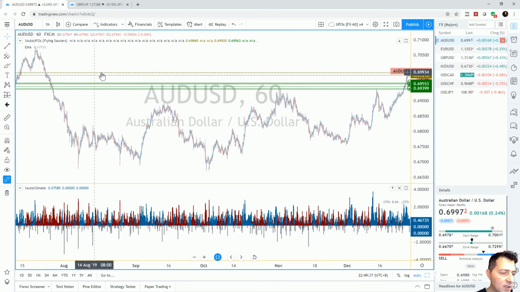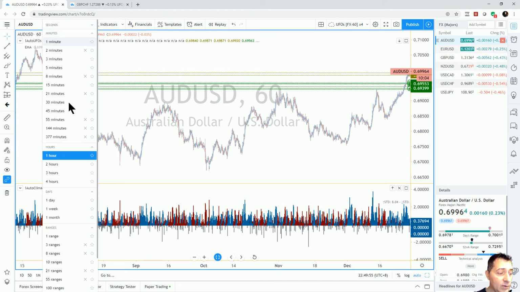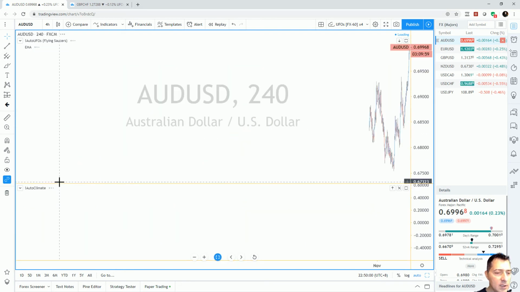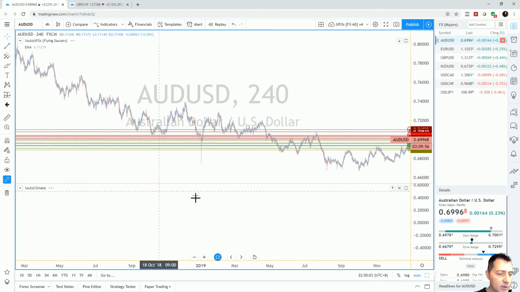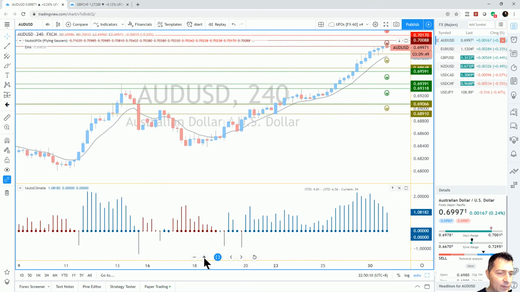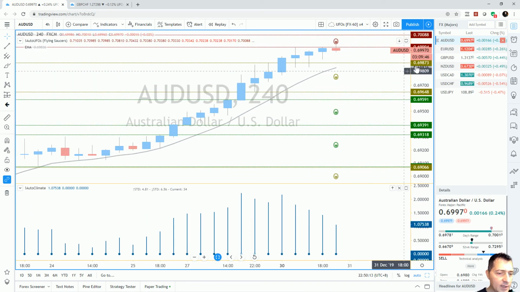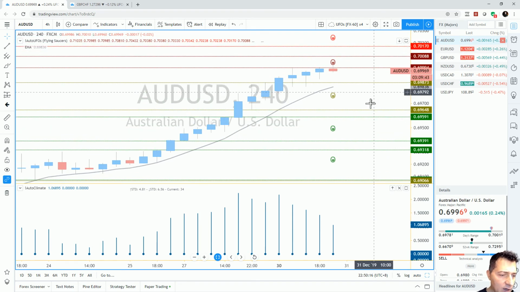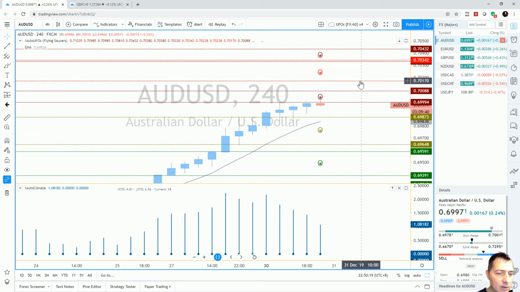The AutoUFOs does not qualify any of the market data above price to be significant enough to plot a UFO. Therefore, we don't have a UFO which we could call using this time frame. And therefore, when you have a case like this, the only way to end up finding some sort of UFO is to go for the next common time frame, which in this case is going to be 4 hours. Okay, and hopefully now, as everything loads, we will find some red on the screen, which this time we do have. Okay, and remember, when we are trading or reacting to a UFO in the current candle, then we use the next candle as the target.